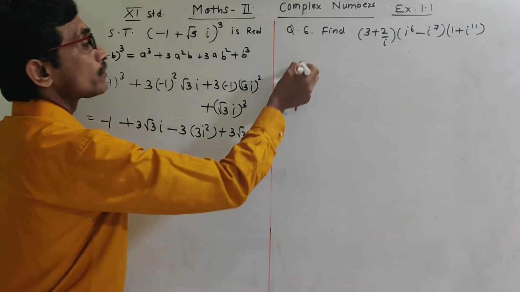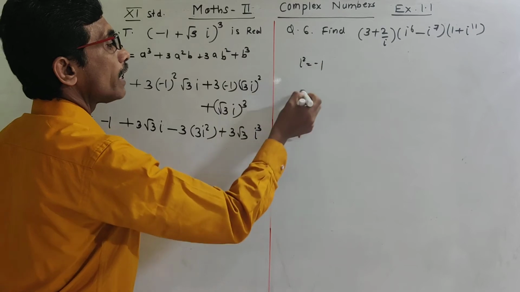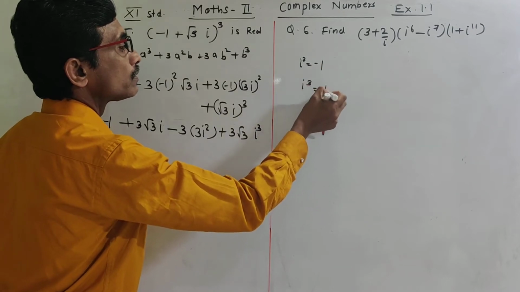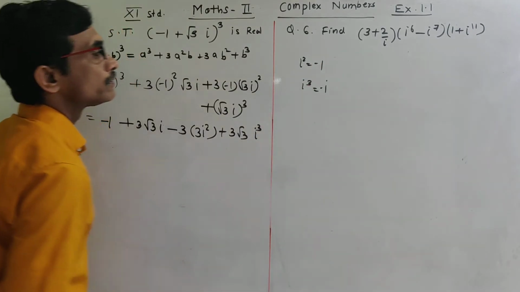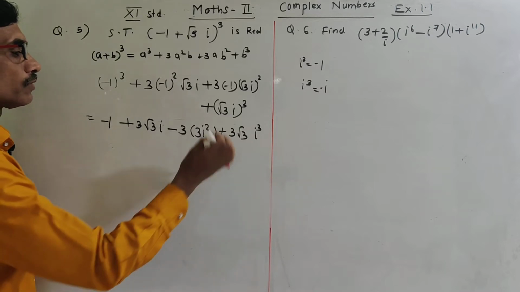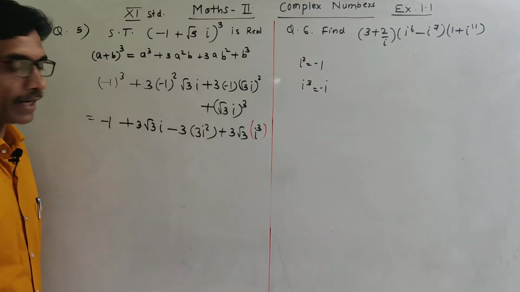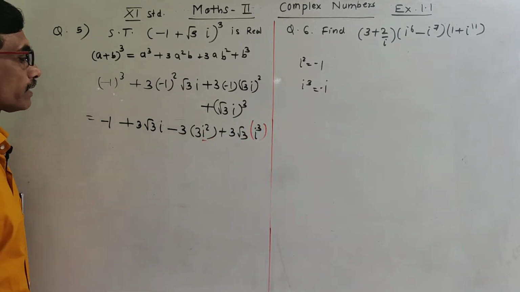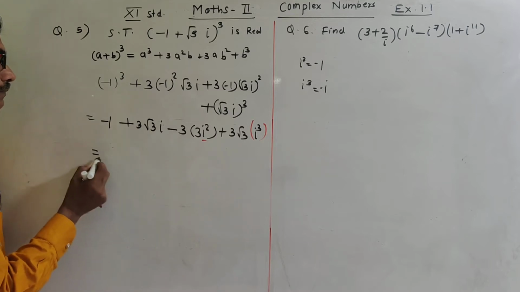We know i square is -1, and i cube is equal to -i. So i cube is equal to -i, i square is -1. So this will be